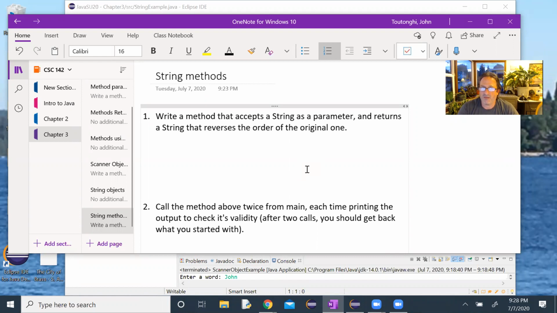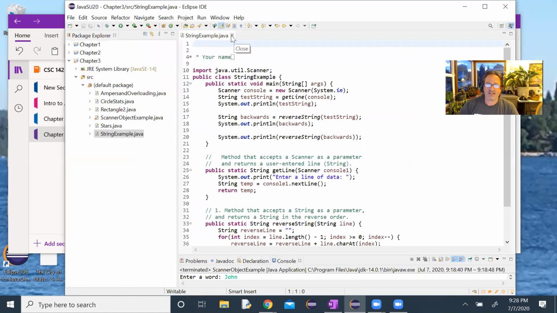So what I want to do is jump over to Eclipse and set up my main commenting for the program, and the structure around the passing of the parameters for the initial function, and then we'll come back onto paper and look at the logic of reversing the order of the string. Okay, so over here in Eclipse,